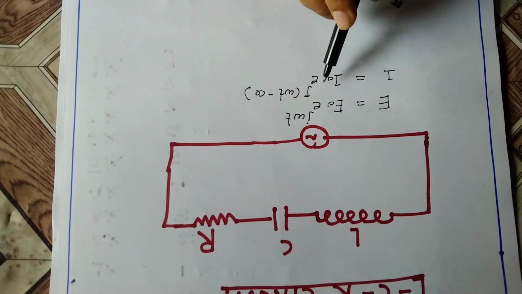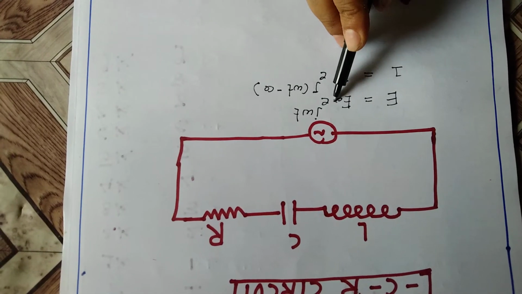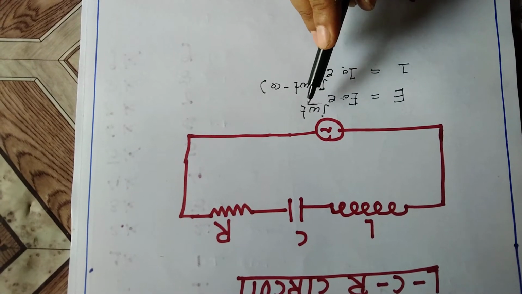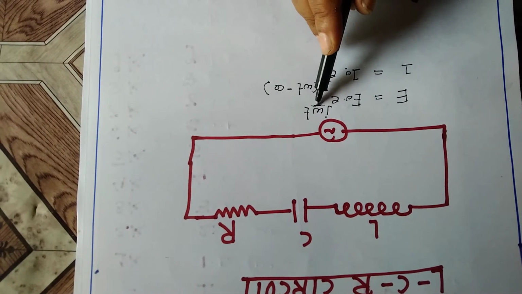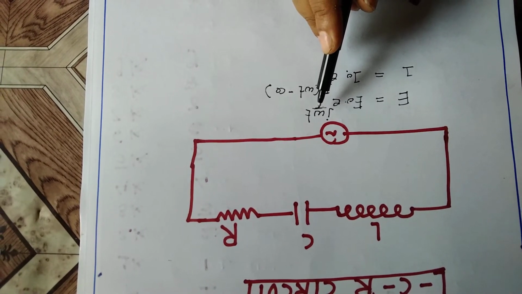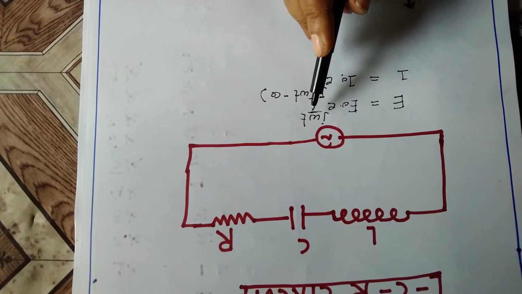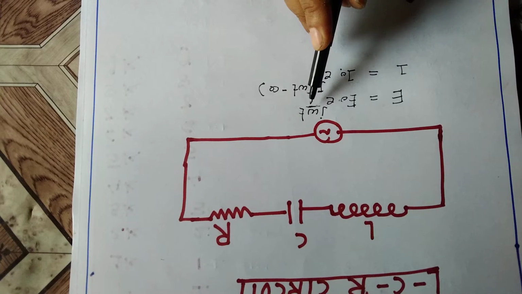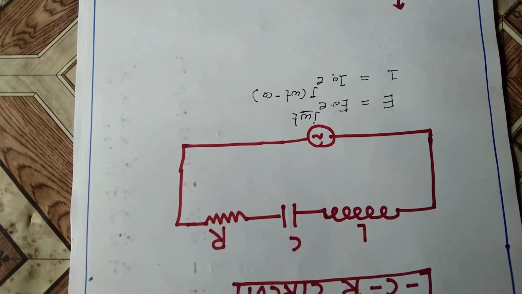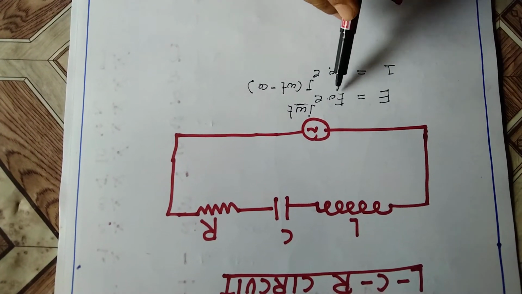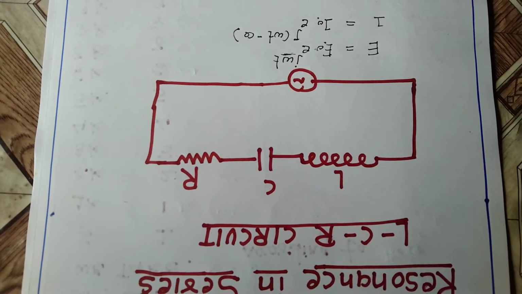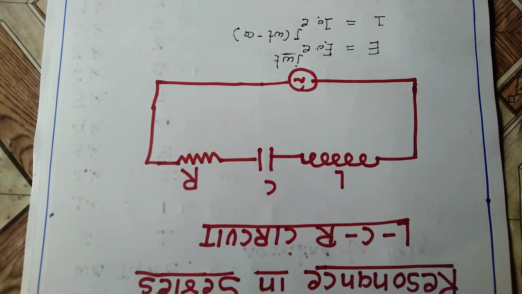From these equations, it is clear that AC EMF and AC current depend on the angular frequency omega. As the angular frequency of the given AC source increases from a minimum value, the current I also increases. At a particular value of omega, the current becomes maximum and further it decreases continuously with increasing angular frequency, because it is exponential. This is an exponential wave, so at some point it increases, reaches a maximum, and then decreases.